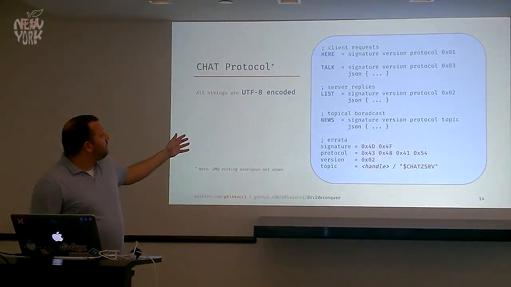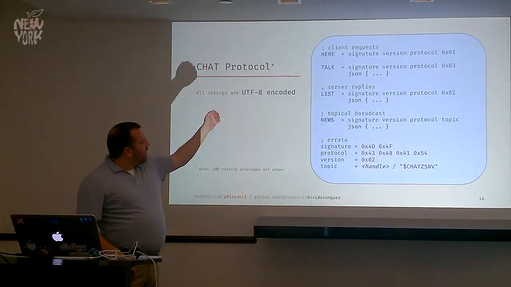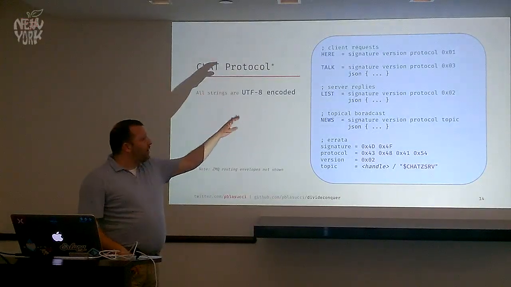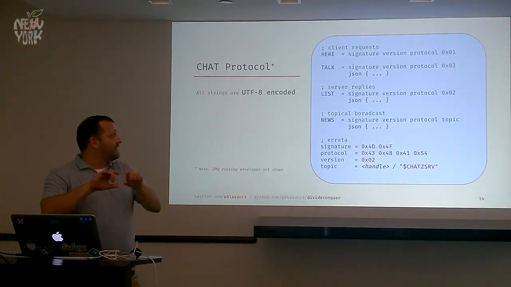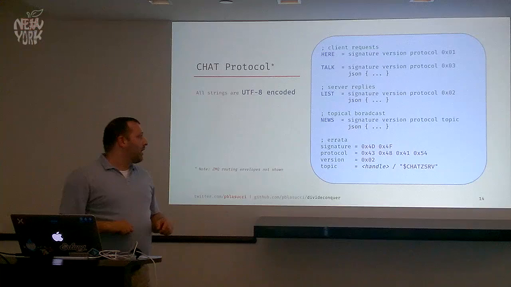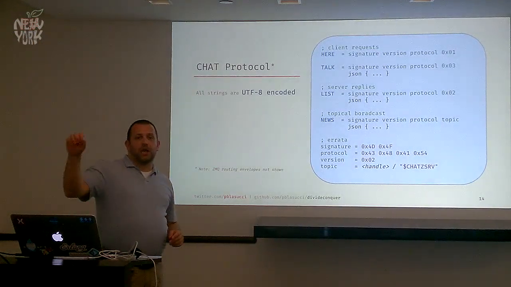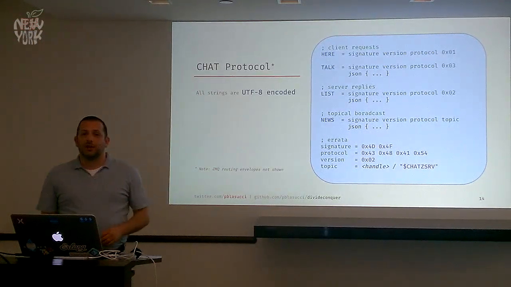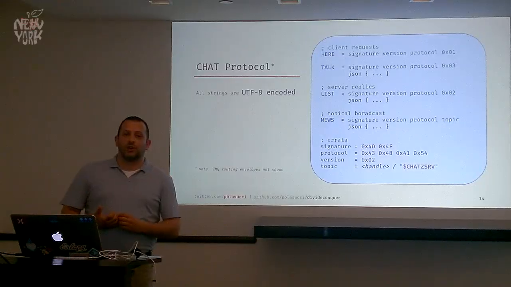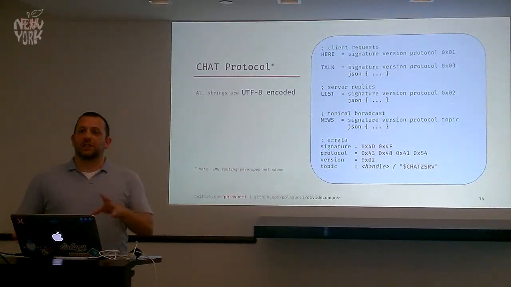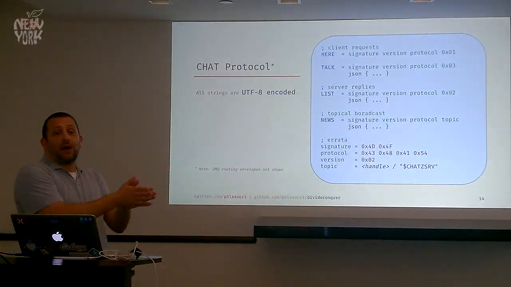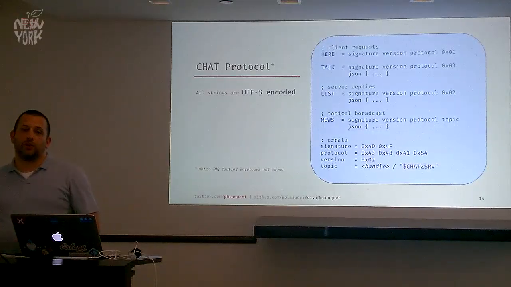For talk, list, and news, each message has 2 frames. There's one frame that is the control frame, again these 8 bytes that tell you what's going on, and then a second frame that is a blob of UTF-8 encoded JSON, just to show that we can do some interesting encodings and have some more mixing, working purely at the byte level with some higher level encoding.